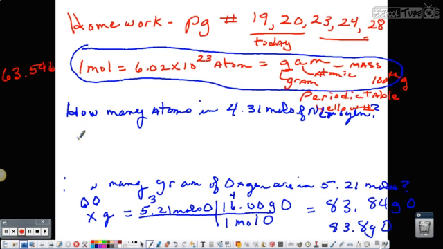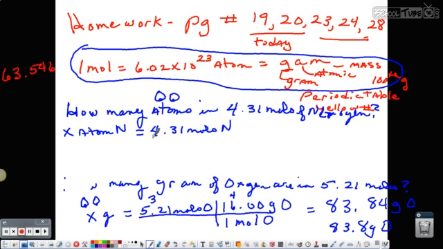Alright, what am I looking for? I'm looking for atoms. So X atoms, nitrogen. The symbol for nitrogen is an N. Equals, what do I know? 4.31 moles